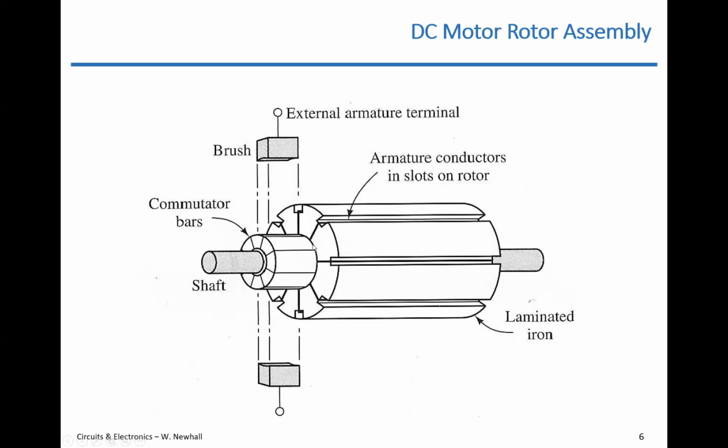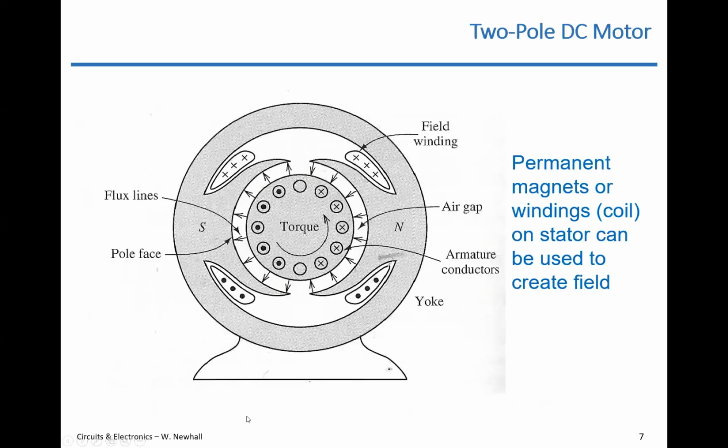The magnetic field could be caused by permanent magnets on either side of this rotor. And sometimes the magnetic field is actually induced by coils of wire external to these coils. They're separate from these coils here. Okay, so take a look at this setup here. In this setup, so you still have the rotor. You're looking kind of down the shaft of the rotor here. You can see the coils